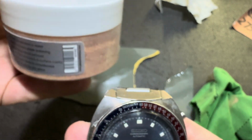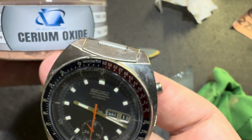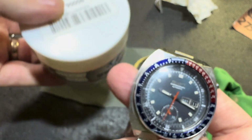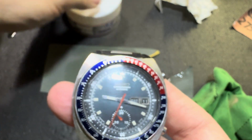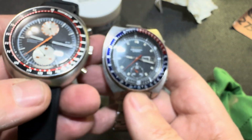Okay, I mentioned that in the very beginning of the video. I got this off of Amazon. And yeah, this stuff works really good. It made quite a difference on this one here. So you can still see the difference. Like this is